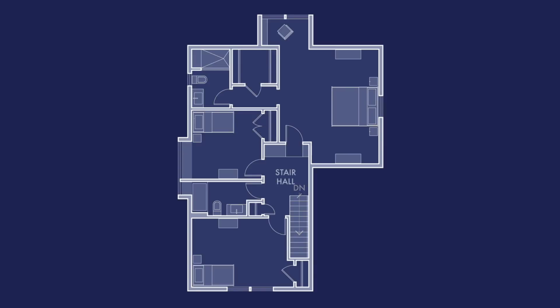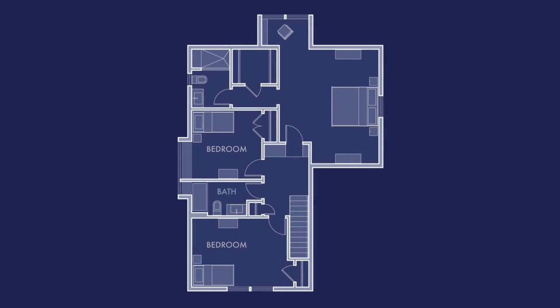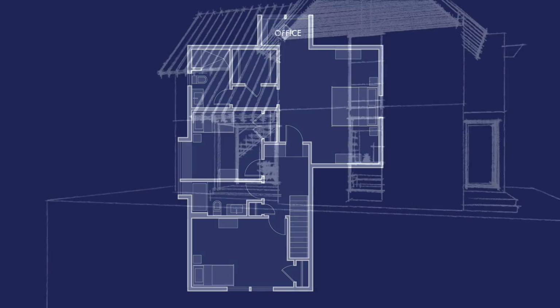For this reason, there's a small stair hall at the top of the steps, from which two smaller bedrooms and a nicely proportioned bath can be accessed. The master suite is also accessible from the stair hall and features a roomy closet, a larger bath with shower, plenty of room for a king-size bed, and a small sunny vestibule, which could be used as a small part-time